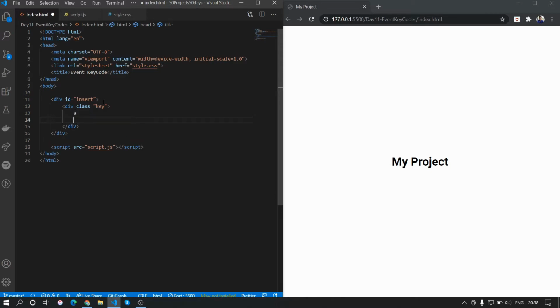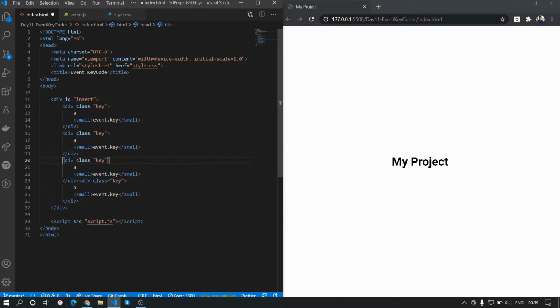For example, if the A button was pressed, then it will have the A letter, and in the small tag it will show which event was pressed. So we'll copy this particular div and paste it 3 more times.